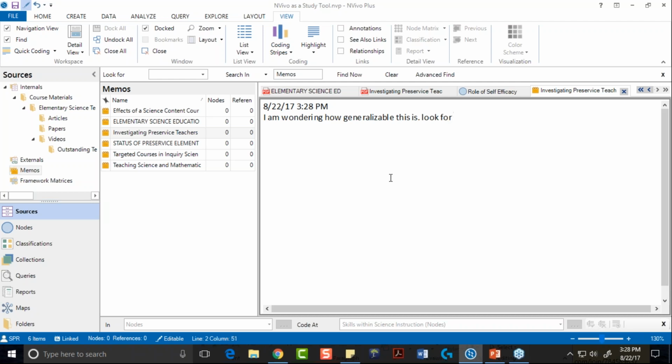Look for evidence of this concept. And that way, notes that I'm taking, thoughts that I have, even if I'm thinking ahead to the writing portion, I can capture my thoughts and ideas inside this memo,